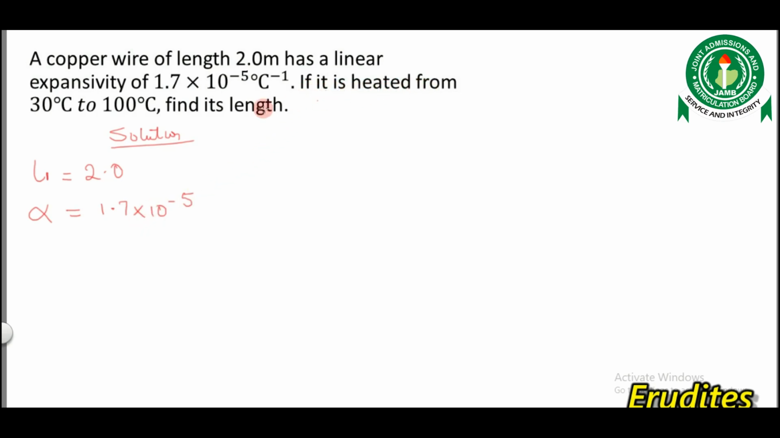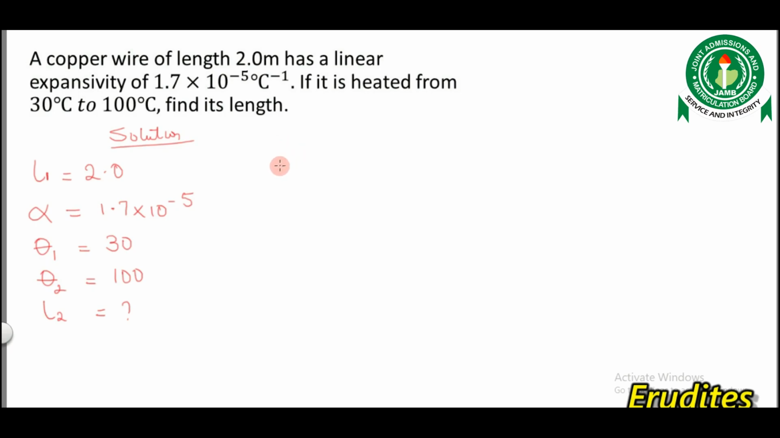If it is heated from 30 degrees Celsius to 100 degrees Celsius, my theta 1 in this question will be equal to 30, then my theta 2 will be equal to 100 degrees Celsius. Find its length. So we're looking for L2, the length when it is heated from 30 degrees Celsius to 100 degrees Celsius. So having fished out the parameters,